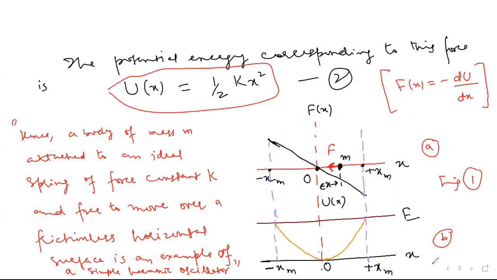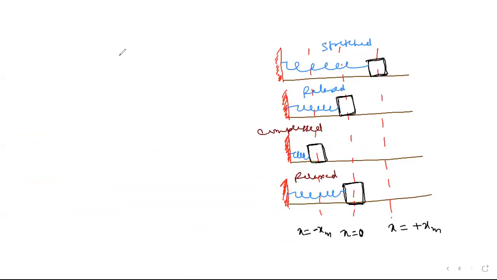This is our figure 2. So it is a simple harmonic oscillator